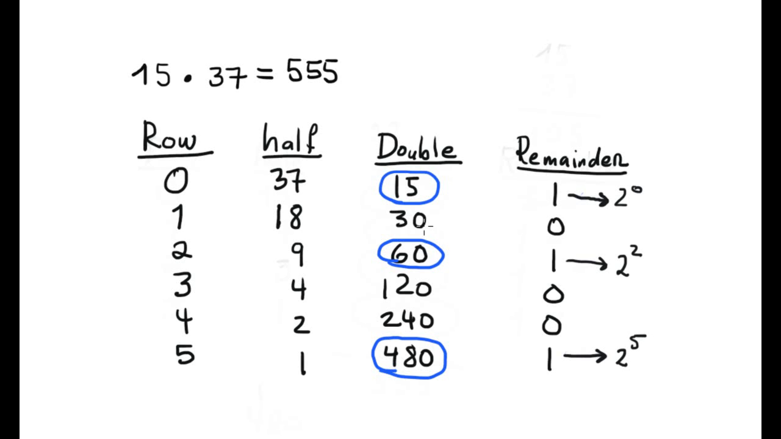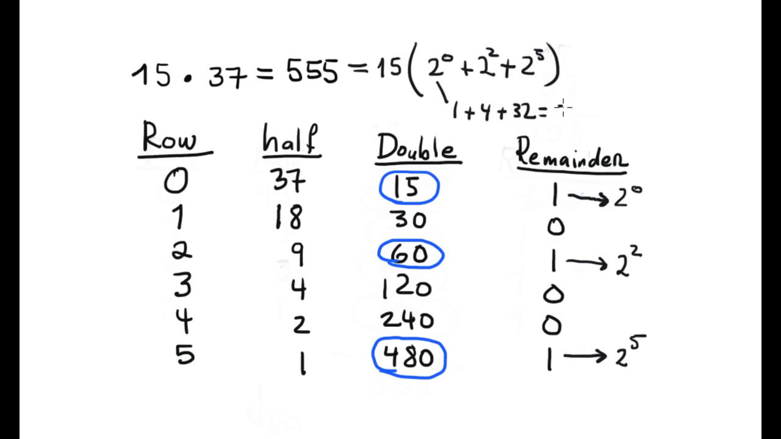Basically, when you add in this number, you are doing the addition. Look, this is equal to 15 multiplied by 2 to the 0 plus 2 to the second plus 2 to the 5th power. And 2 to the 0 is 1, 2 to the second is 4, and 2 to the 5th power is 32. So this is 37. So basically you are doing the multiplication of